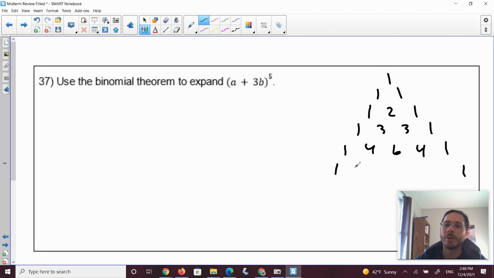1's on the end. 1 plus 4 is 5. 4 plus 6 is 10. 6 plus 4 is 10. 4 plus 1 is 5. That's the row I need because I see I've got 5 as my second number, or I can go 1, 2, 3, 4, 5th row. So already starting out to be a little bit of a long problem, but let's keep going